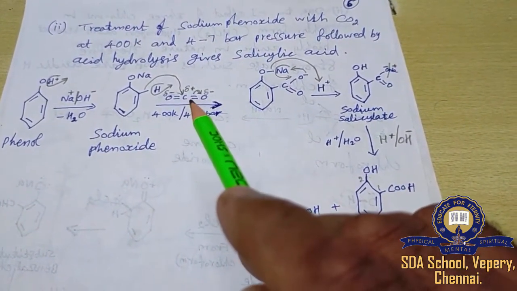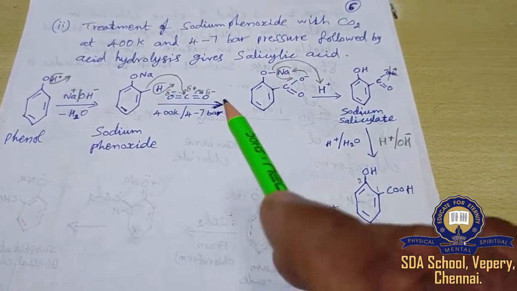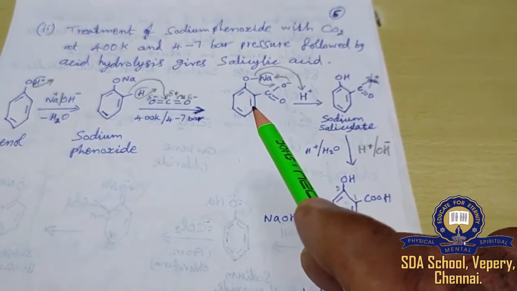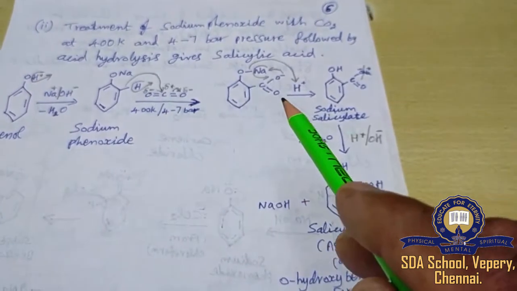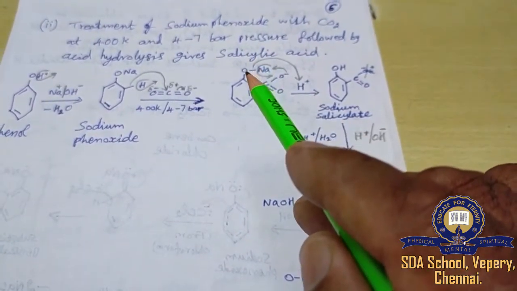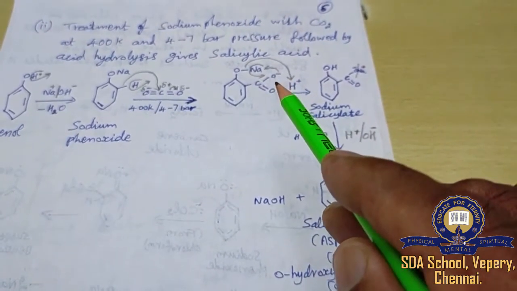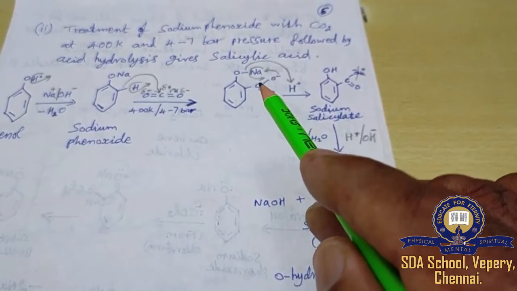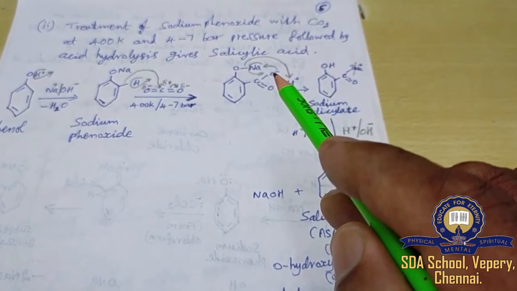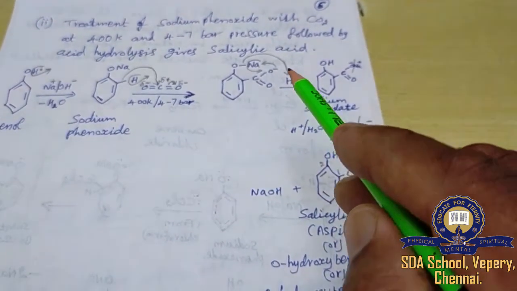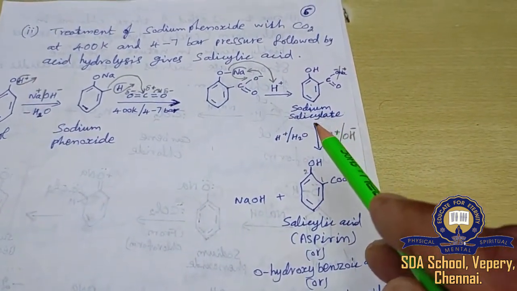So that carbon dioxide is going to add on the ortho position of the benzene ring. So it will result in the formation of such an addition product. Now this cleaved H plus is going to add on that oxygen, and the sodium is going to get displaced to the carboxylate ion. So this sodium as Na plus moves to here as O minus, and H plus is going to combine with that oxygen. So it will give you sodium salicylate.